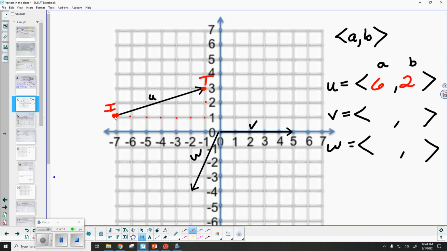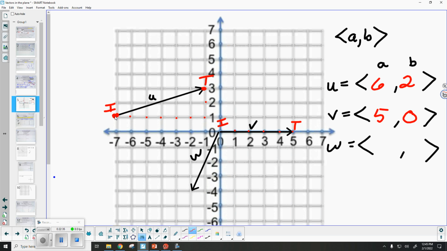So I'm wanting to go from this initial to this terminal. So first we move horizontally. So from here I'm going to go 1, 2, 3, 4, 5. And because we're not moving vertically, that's why I have the 0 there. What kind of vector would I have if it was 0, 5? It'd be straight up and down. Okay, it'd be a vertical vector.